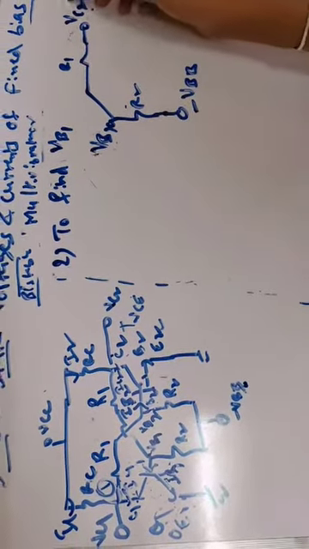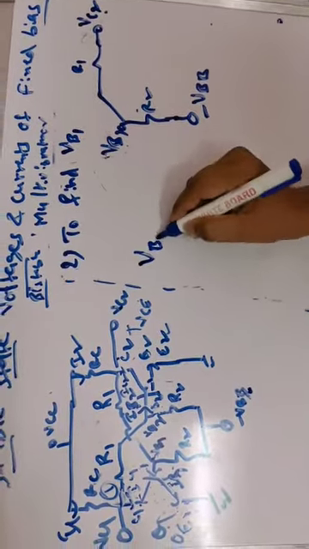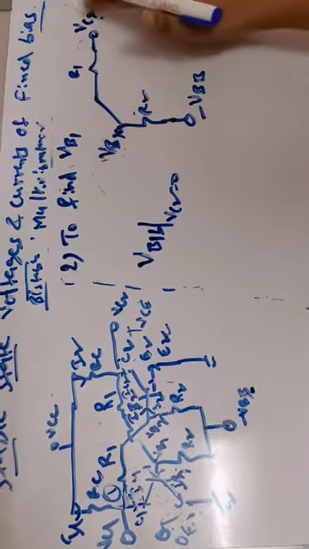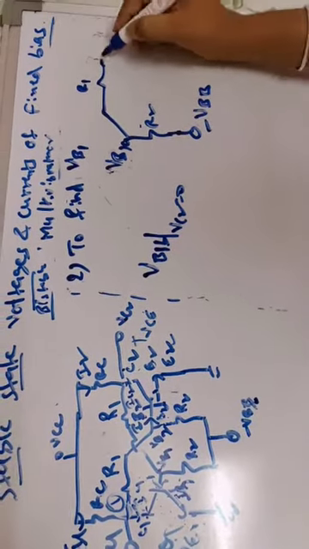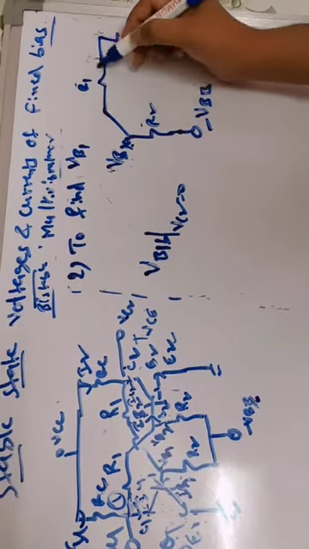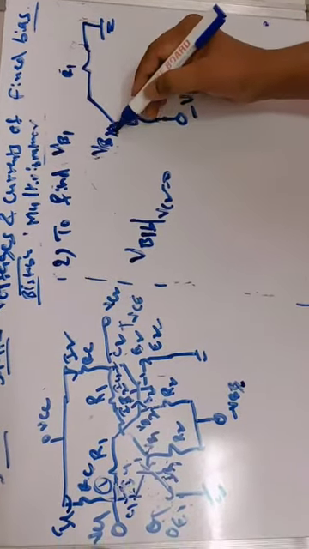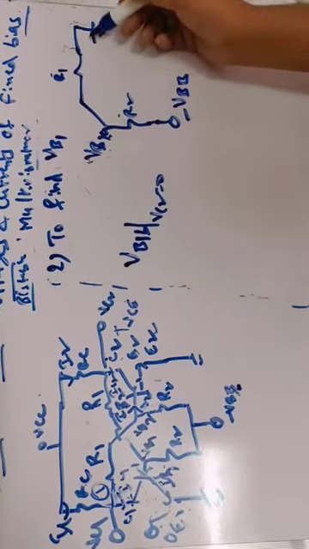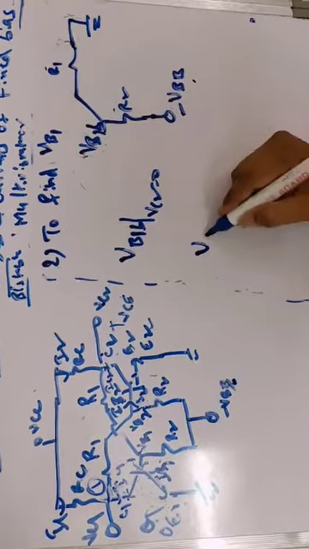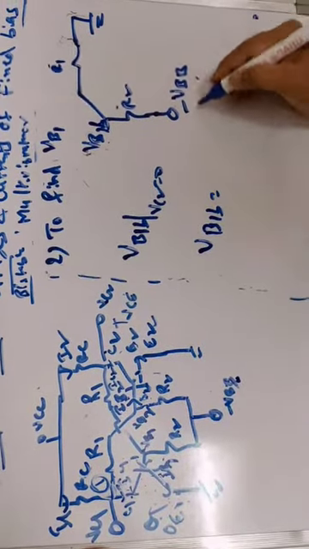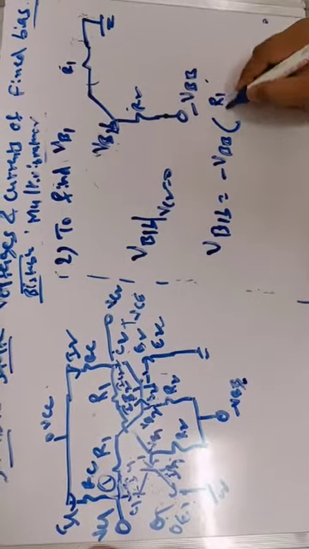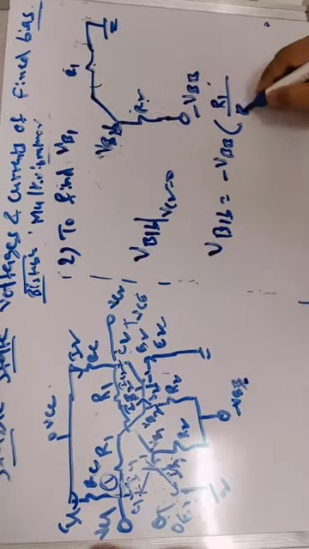Next, by considering VC2 equal to 0, the voltage is called VB1B. If VC2 is equal to 0, we should nullify the effect of VC2 here. It is grounded. Now VB1 is the potential across this R1. Any voltage is always with respect to the ground. So VB1B is the potential at this point, equal to the applied voltage, minus VBB, into the same resistance, across R1, divided by R1 plus R2.